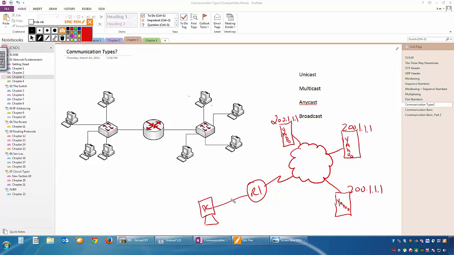The concept with anycast is this message goes out, and then whoever gets this information first will respond back to that PC.